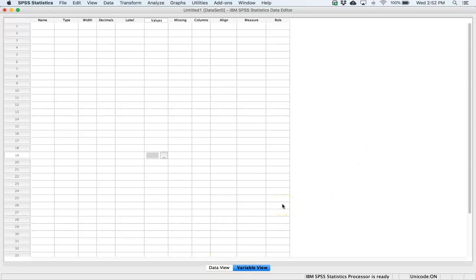And so here I am in SPSS. I just opened up a new window of SPSS. There's no data in this particular window. I'm in my data editor. There's the data view and then the variable view. Variable view is the window that I'm going to use to enter in my data, to enter in the names of the different variables, I should say. And then once I enter in those names of the variables, then I can move to data view to actually